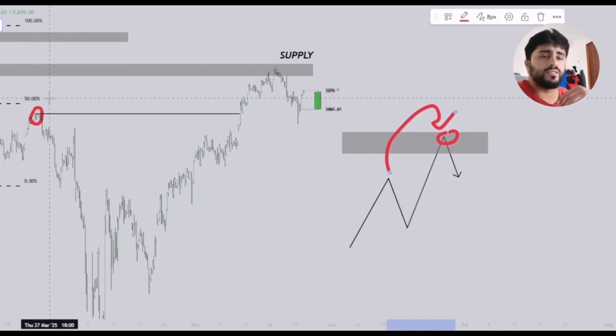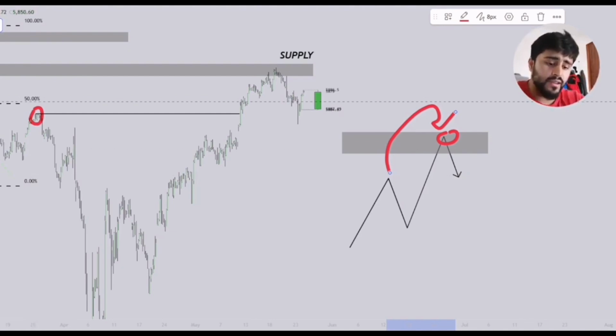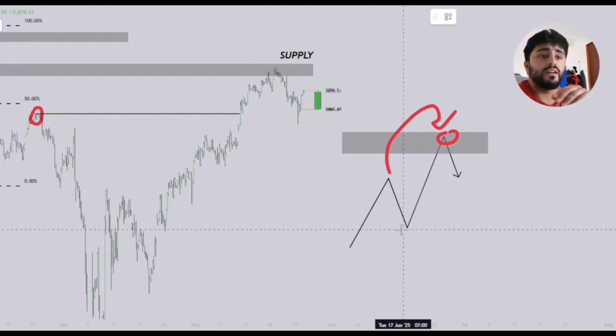Now from here, we want to ask ourselves, let's use the Fibonacci tool to our advantage. How do you use the Fib tool in a simple way, a systematic way, and in a reliable way? You do that by simply using the 50% area. So you don't need the 71 area, you don't need the 78, 61, whatever the numbers are, you don't need any of those numbers. You simply need to understand your market structure on the higher time frames, then you need